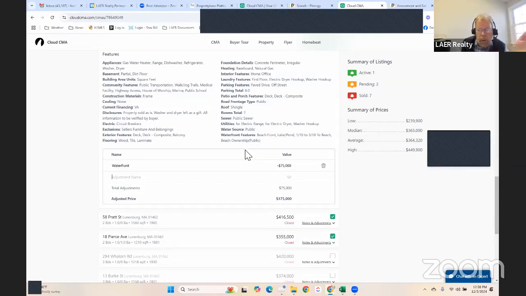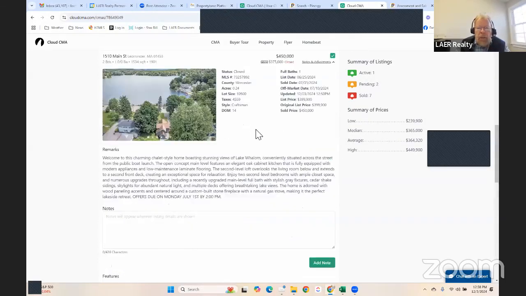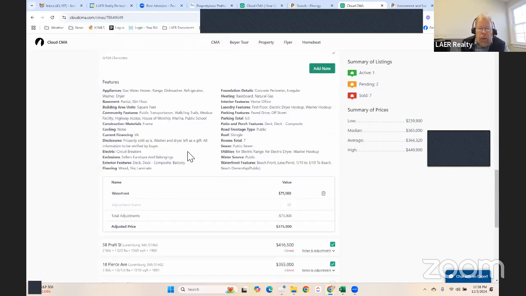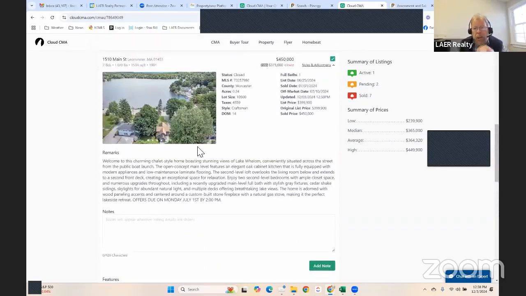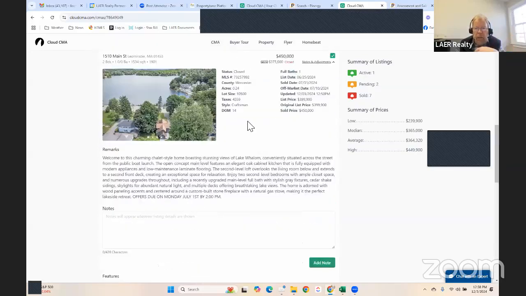So on Main Street, we would bring the value from 450 minus 75 for waterfront, to an adjusted value. And then the other thing this one might have is bigger square footage, so you might make an additional adjustment and say, you know what, this one is